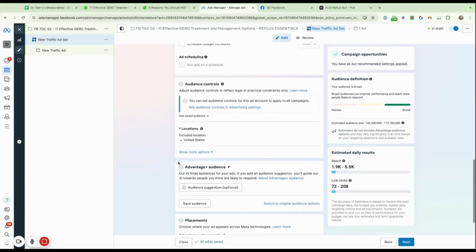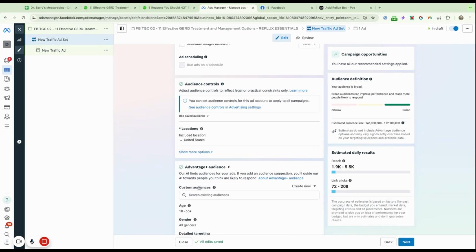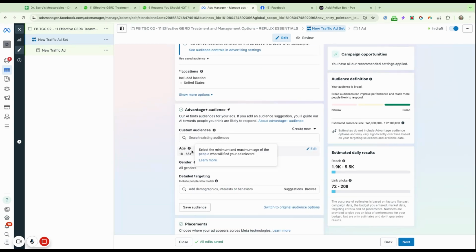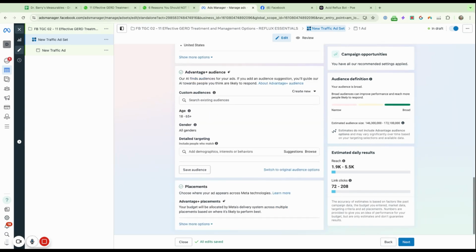Audience controls. If you have things that you can change in your audience, like if you're in the menopause space, 40-year-old females is what you want. And so what you're going to do that way is just click this audience suggestion. Otherwise, just leave it open. If you don't know your target demographic, just don't touch anything here. Make sure you have your location correct though. And then you can change age and demographic right here, but you don't need to do detailing. You don't need to do any of this. Just leave it wide open because their AI knows more than you.